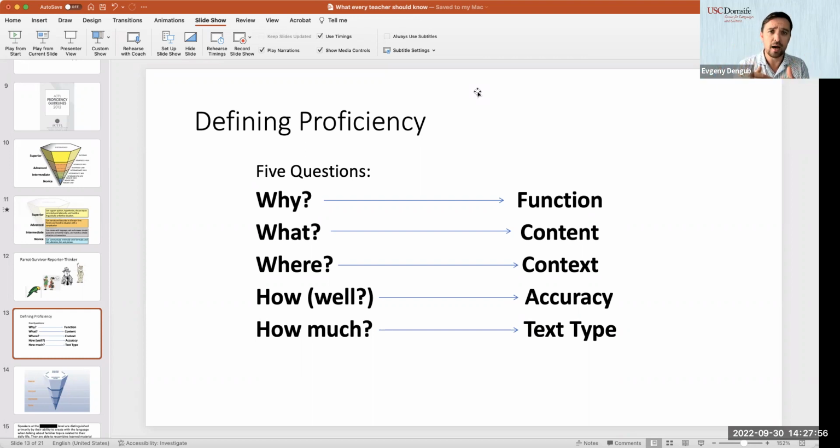What kind of functions are they able to perform at each level? Are they able to ask questions? Are they able to narrate? Are they able to hypothesize? And at each level, we address certain functions. And for many of us, or for many of our students, reaching advanced level proficiency becomes a goal, at least in the 4-year sequence that they have in the